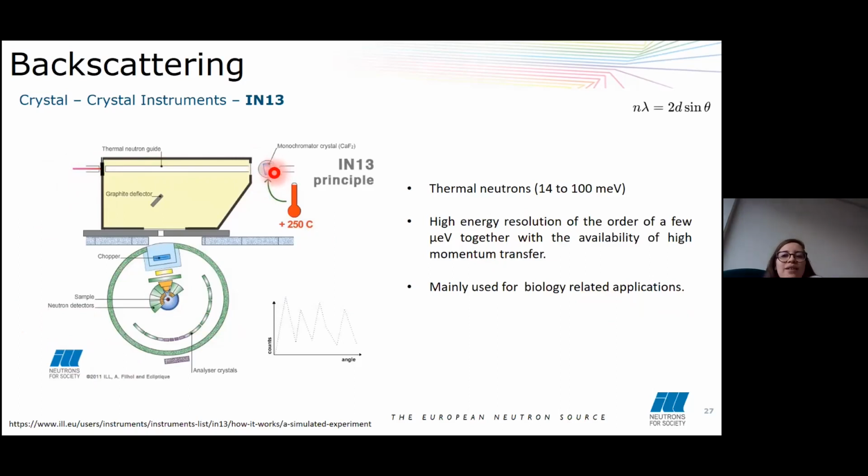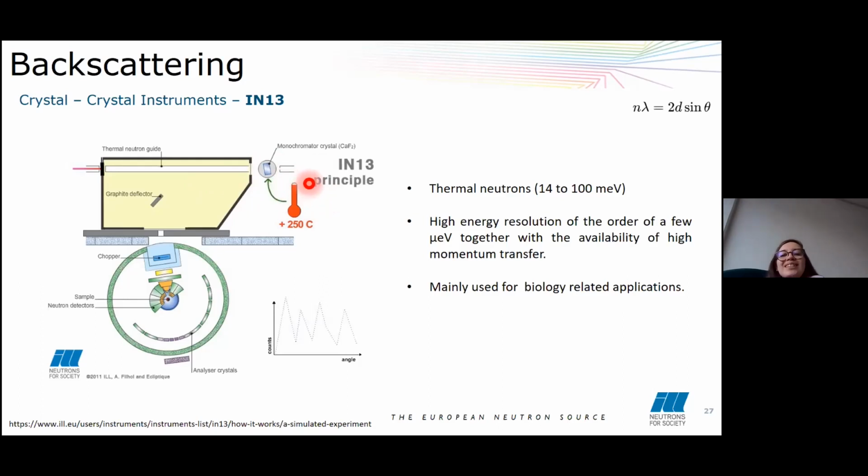It has to have a very small deviation, of 1.5 angstroms here, in order to keep the beam out of the neutron guide. So this monochromator can be heated or cooled to vary the values of the incident energy,